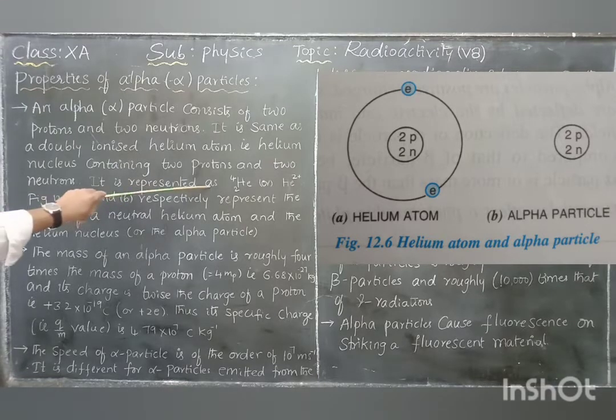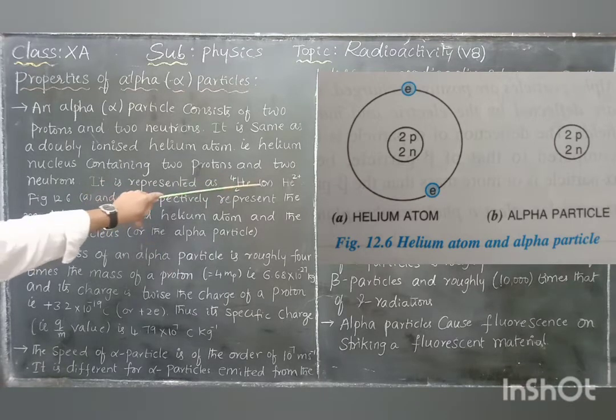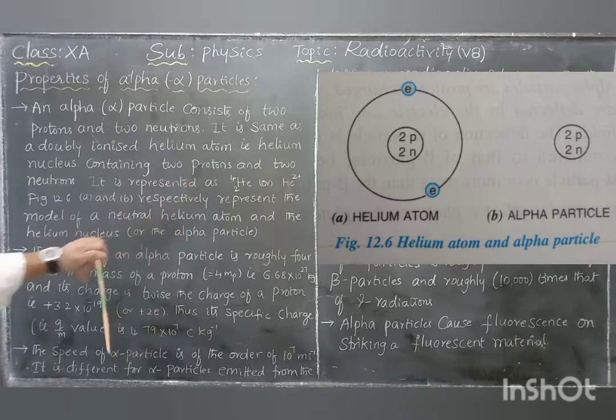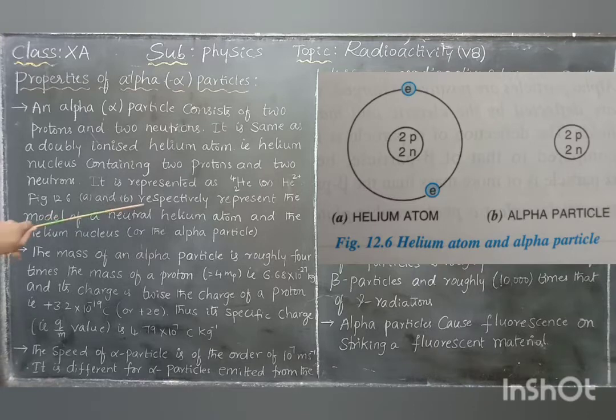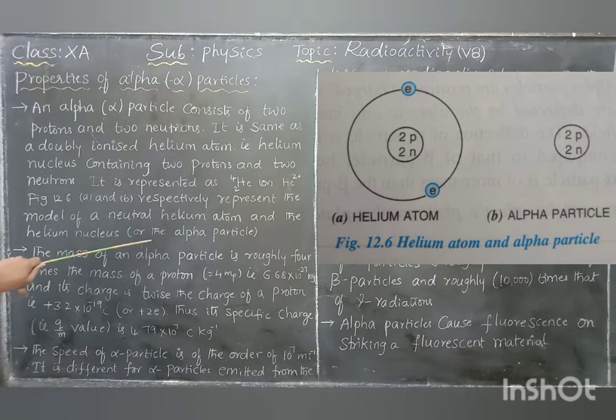It is represented as, already you know the representation of a chemical element: atomic number, mass number, helium-4, or helium-2 plus, doubly ionized. Figure 12.6 A and B respectively represent the model of a neutral helium atom and the helium nucleus, or the alpha particle. See the diagram, the entire doubly ionized helium atom is also called an alpha